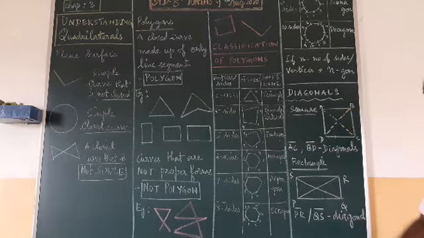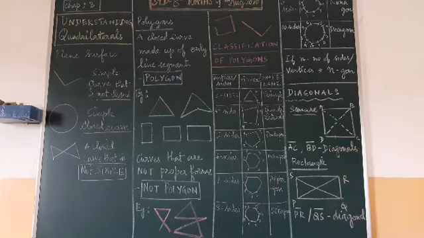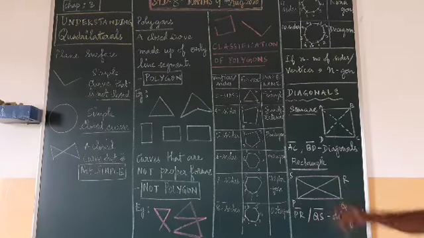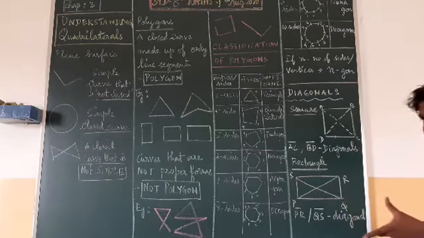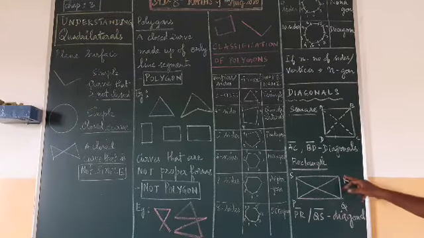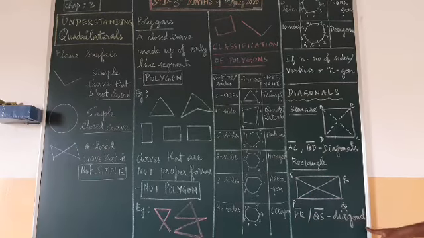Diagonals will be inside in most figures. In some rare cases, a diagonal will be outside; that also we will study later. Okay. So a square has two diagonals: A to C, B to D. Same thing in a rectangle, you see P, Q, R, S. One rectangle I have taken. I told you the opposite vertices joined is called a diagonal. So P to R and Q to S, PR and QS are the diagonals. Diagonal means the line segment joining opposite vertices inside the given figure.